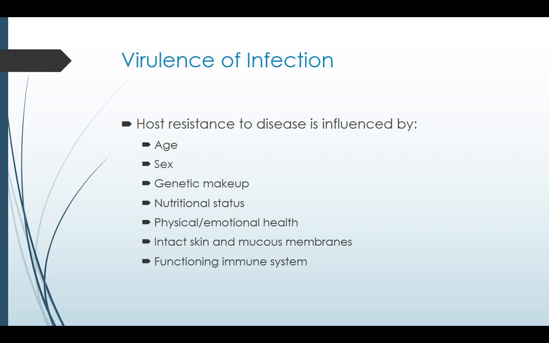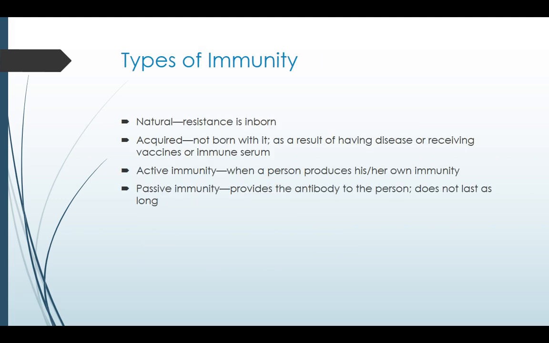Virulence of infection. Host resistance to the disease is influenced by age, sex, genetic makeup, nutritional status, physical and emotional health, intact skin or mucous membranes, and functioning immune system. That is why older people are more susceptible to COVID-19, because their immune system is not as virulent as it once was. So,